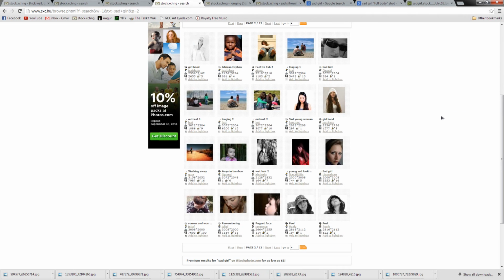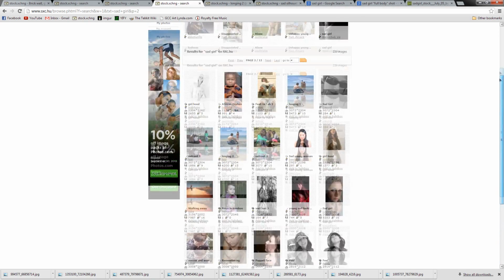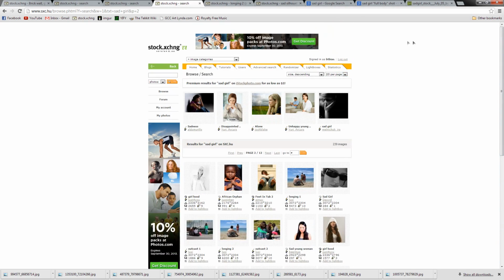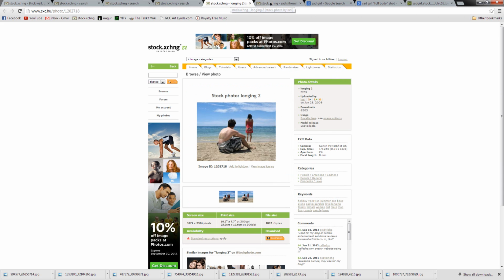Okay, so at this point, finally, after like 15, 20 minutes of solely searching through pictures, I'm starting to get an idea of what it is that I want to create. I'm starting to get this visual in my mind of how I want to create this effect that I'm picturing. And so far, there are only a couple of images that really seem to fit in terms of a person to add into my photo. Because I kind of want someone to be standing in that field, and I want to make it into one of those